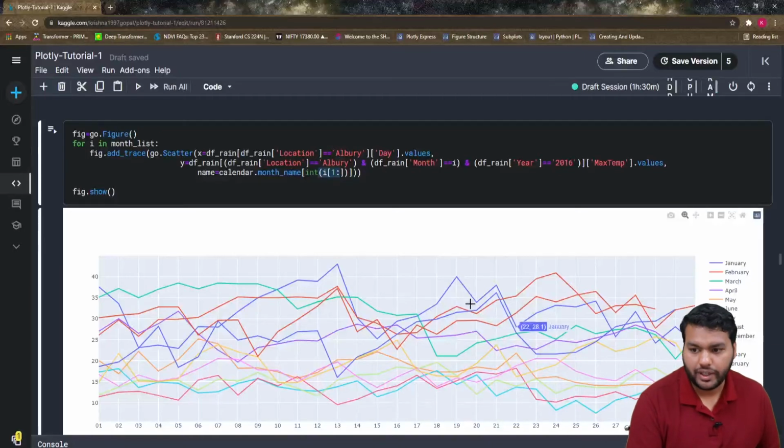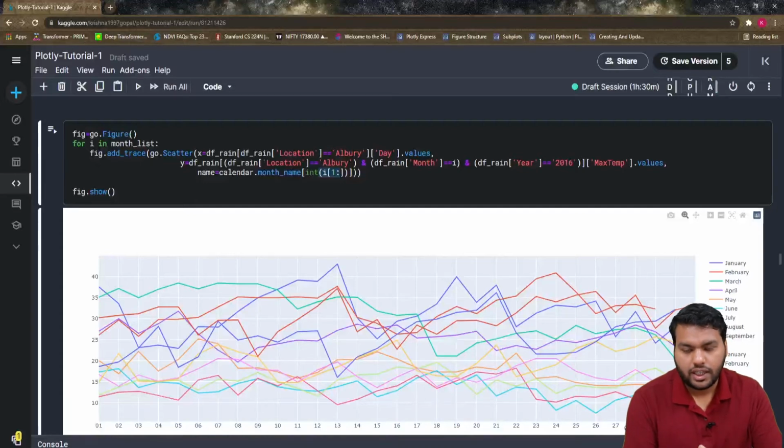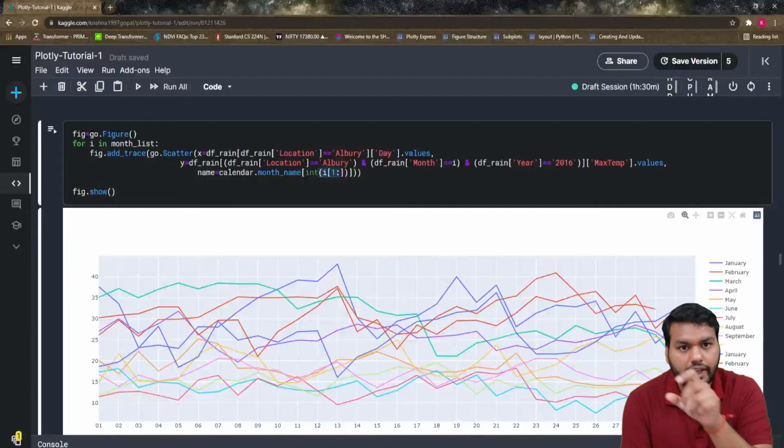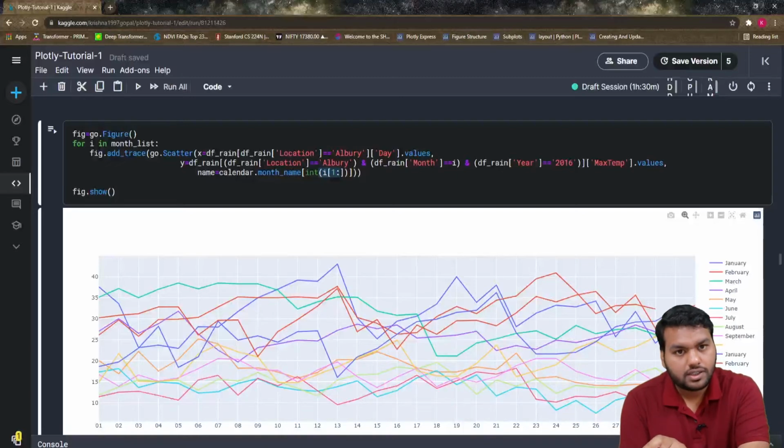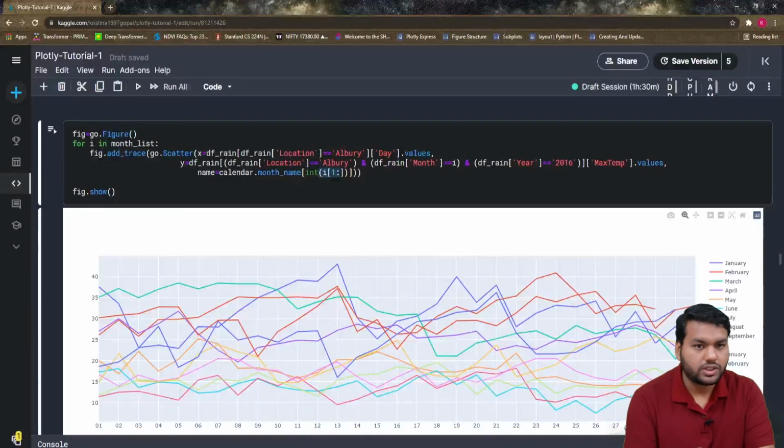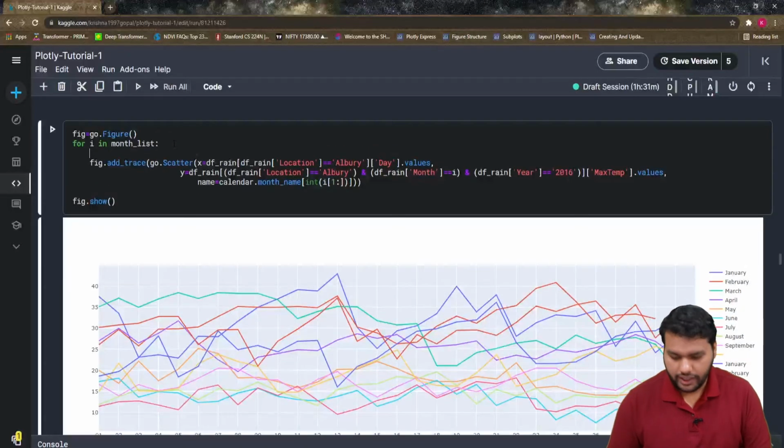That January should not come here. Same for February. If you understand this, then I think you understand what I want to convey here. So we have to change it: if the month name starts from 01 to 09, it will slice only, and otherwise it will not slice. That's one. So nothing else, we have to put the if-else condition here.